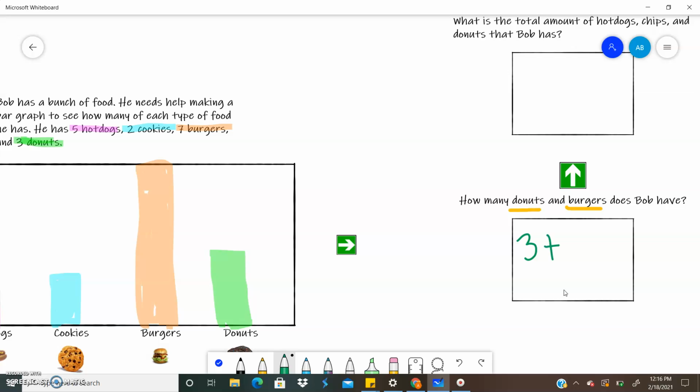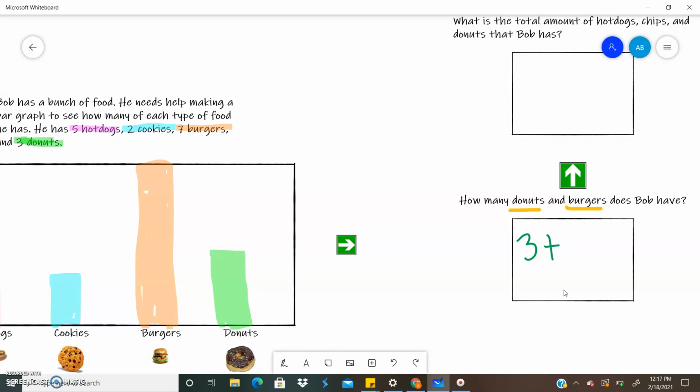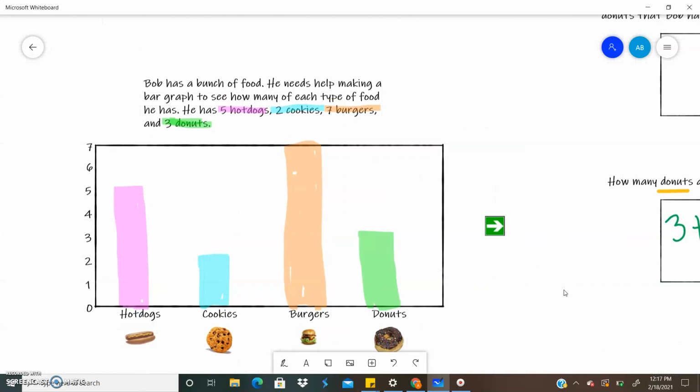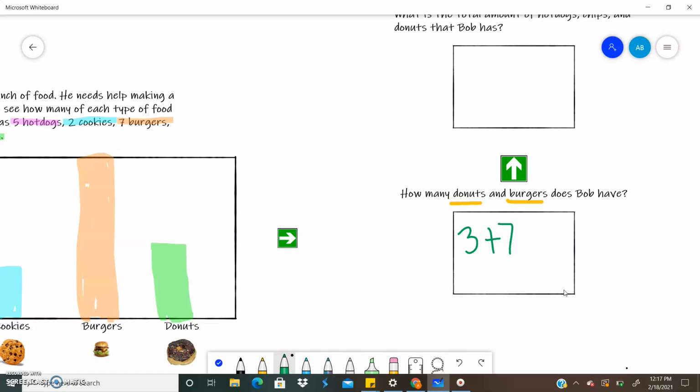And we're going to add because we're putting 2 things together. When we put things together, we add. Now burgers, let's go back and look. Burgers, remember, they were the most. How many do burgers have? 7. So now we know our second number is 7. 7 plus 3, guys. 10. 7, 8, 9, 10. So how many donuts and burgers does Bob have? Bob has